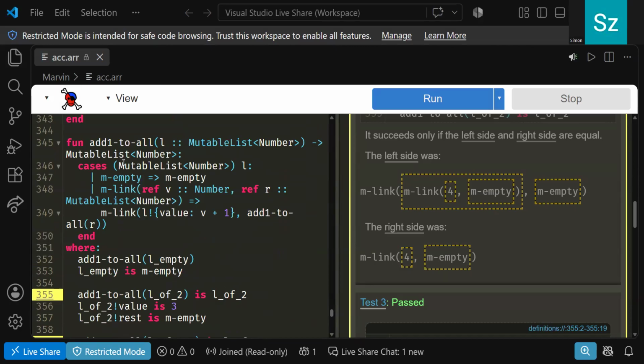We must do this, so this will return the whole list, right? And the second will return like